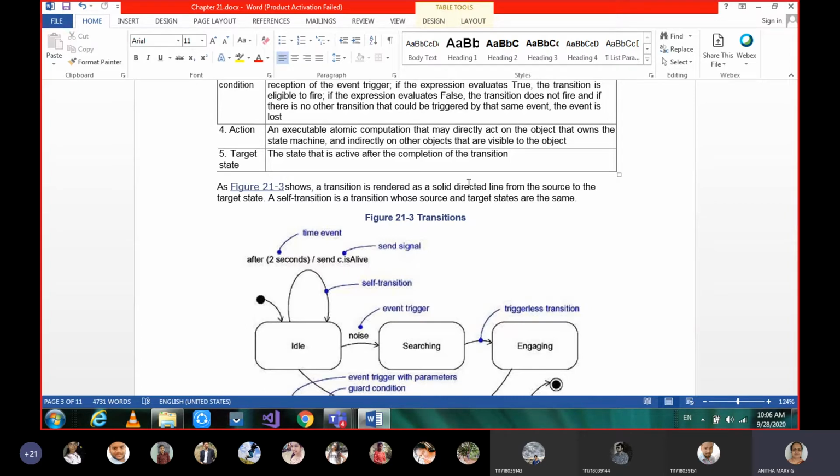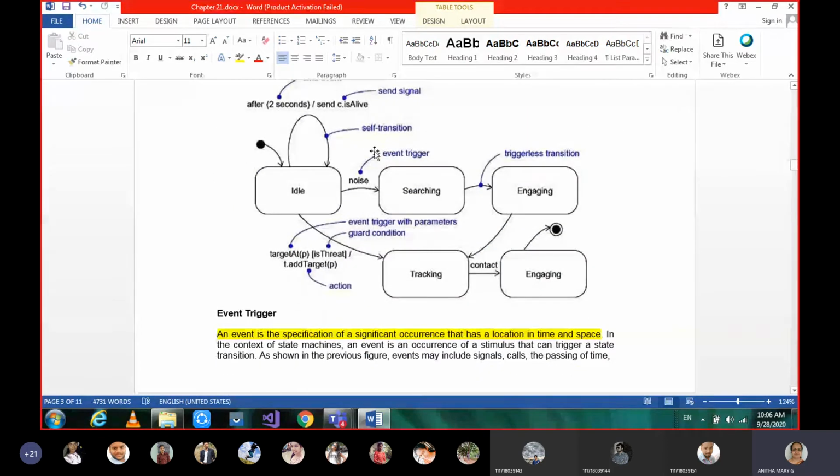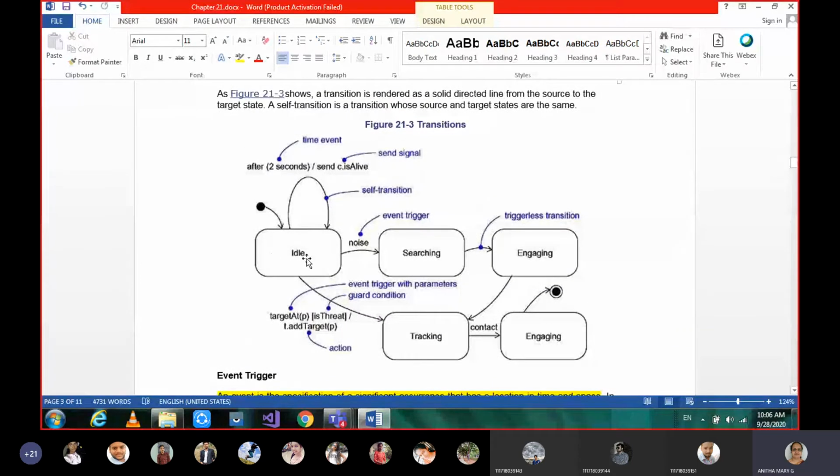It's given in general. Here, if you see, we have 5 different states. That is the idle state, and this is the source state where it is starting, and engaging is the one which is before stop, so that is the target state.